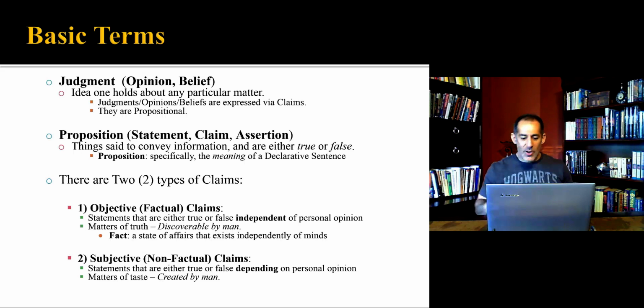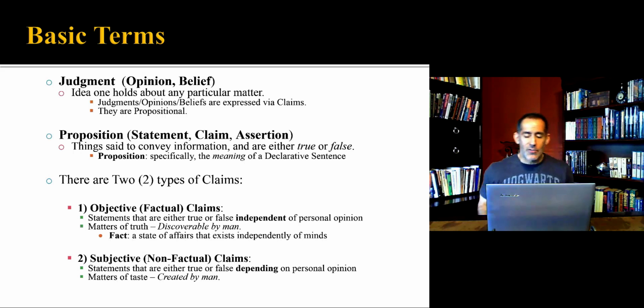Now, there are two types of propositions or two types of claims that we can go further and discuss: objective claims and subjective claims. An objective claim we might call factual, and a subjective claim we may call non-factual. Now, a lot of people get confused when we use these terms, so again, I want you to learn the terms and be comfortable with them. These will become very important, especially when we talk about moral relativism later. And I'll talk about that a little bit today as well.